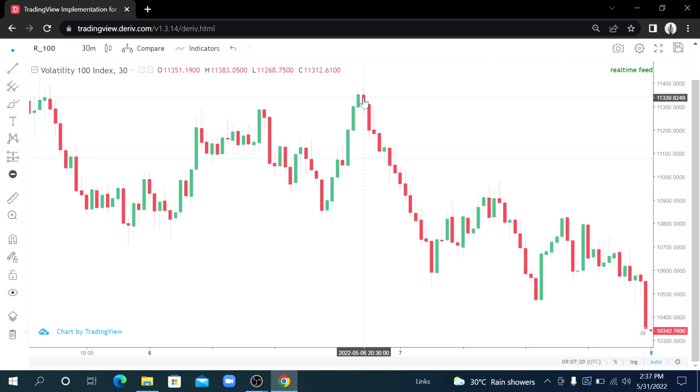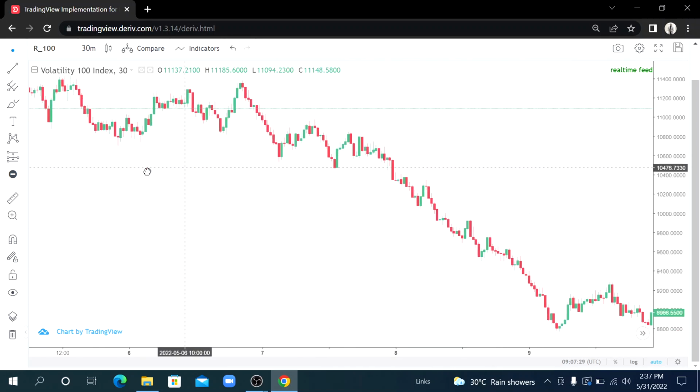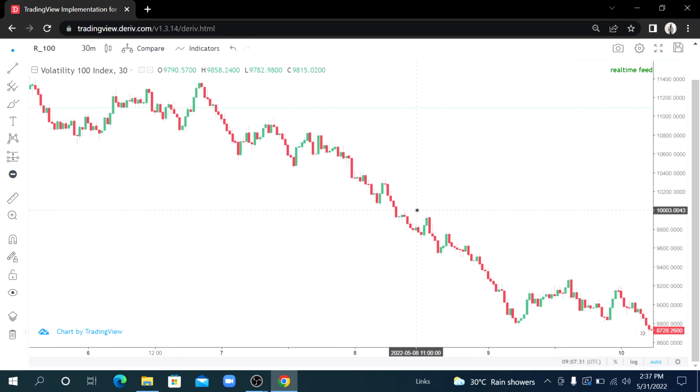See what happened. Are you seeing what happened? It gave this candle. Even if you're not taking it with this, and you feel this one is not sure for you, wait for this Marubozu candle. See the Marubozu candle. You take this trade and see the fall down. Are you seeing it? Following the trend,